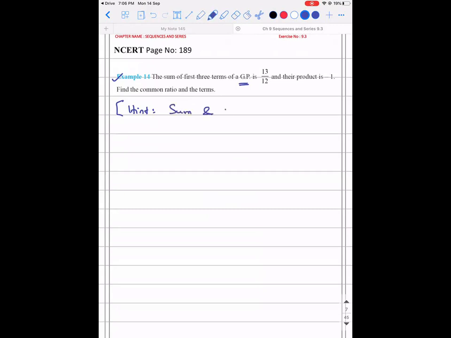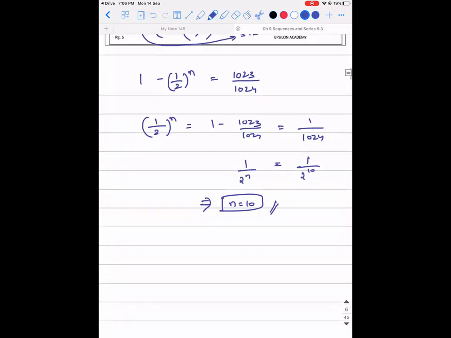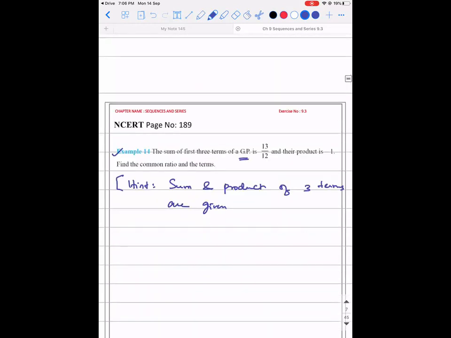The product is not plus one, sir. In example 14, you read it as plus one, it is minus 1. Yes, sir, minus one. Okay. Sum and product of 3 terms are given, then